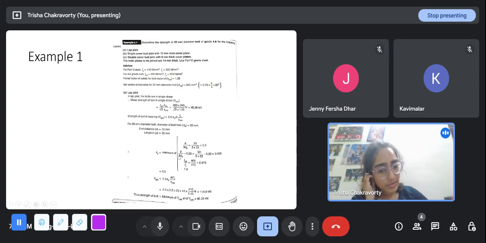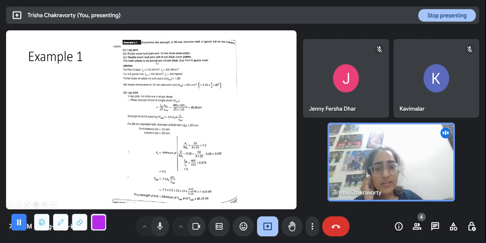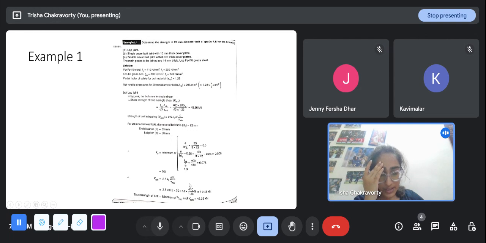So Kb is the minimum of these four quantities, and applying this in the formula, d is 20 millimeters, the diameter of the bolt. t is the thickness of the plate. The main plates to be joined are 14 mm thick. So 14 into Fu, the ultimate strength of the plate. Here, for shear we used the bolt's ultimate strength of 400, but for bearing we have to use the ultimate strength of the steel of the plates. So it's 410, and divided by the factor of safety we get this.